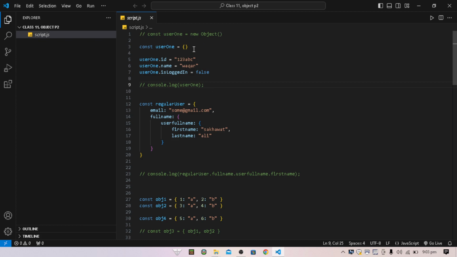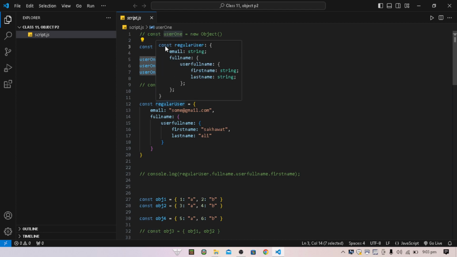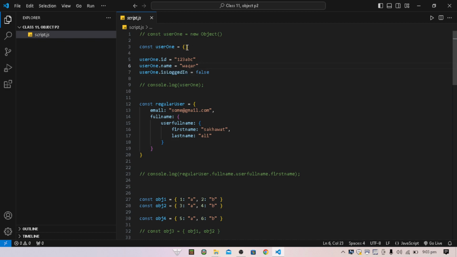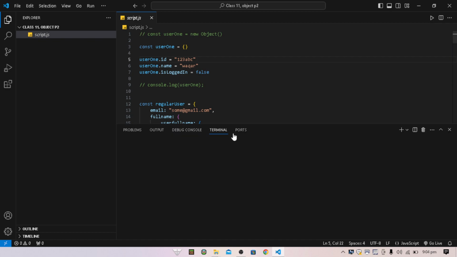Here we have written const and we have created a variable. This variable name is user1, and here we have written these curly braces, but we have not given any value inside. So if you want to give values dynamically, we use the dot method. Here we have written the variable name, then dot, then the key, and then the key's value. If I print it,